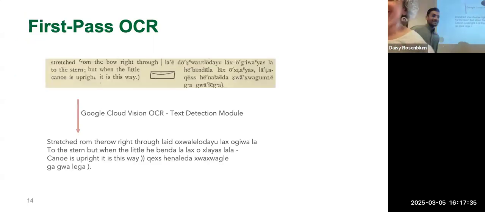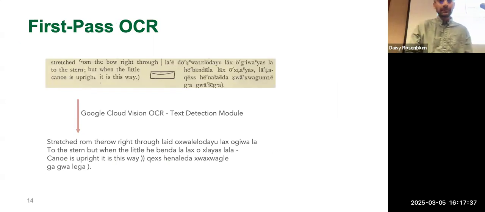Okay. So I'll walk you through the mixed methods pipeline that we ended up following to address these different kinds of layouts, restore the line numbers, and incorporate Shruti's post-correction model to improve the quality of the text. I'm using a running example, so you can also see the kind of process that we end up with. I'm using a snippet of the book, and we're using Google Cloud Vision OCR, its text detection module, to extract text from the images, and you can see kind of what that looks like.